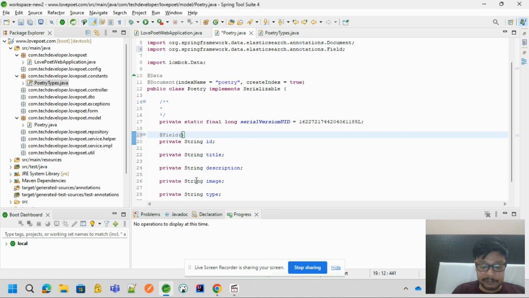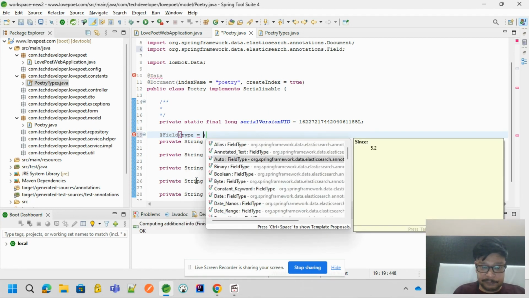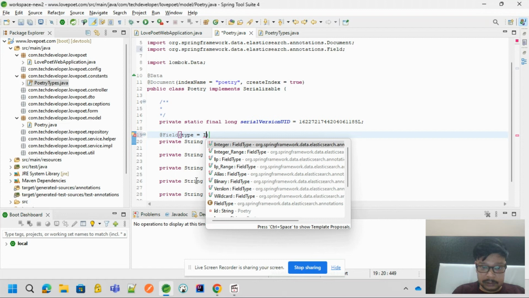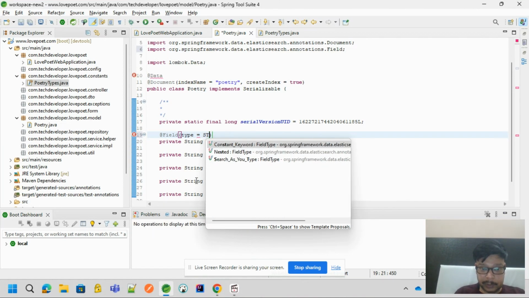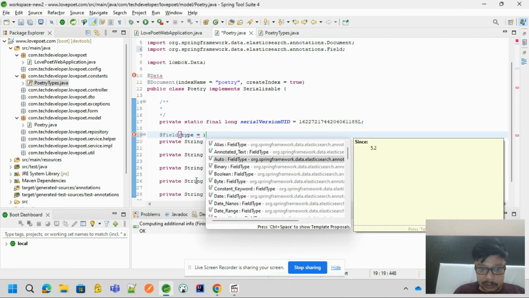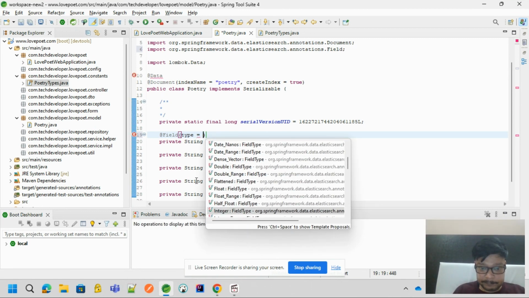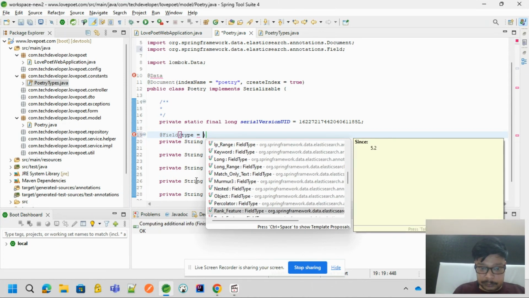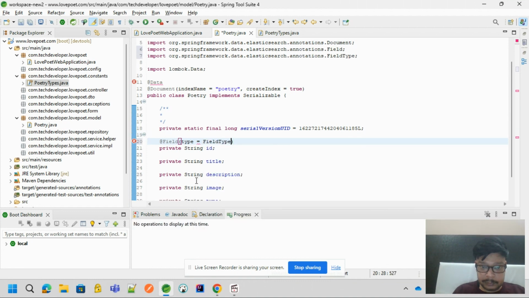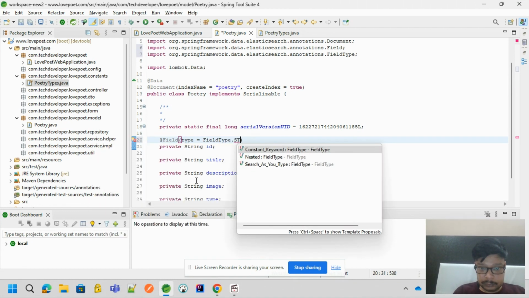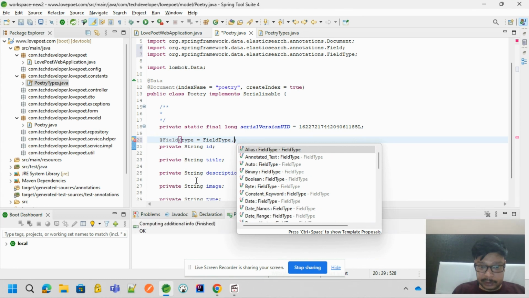So instead of that, we will give the type. So the field type will be for the ID, right? So it will be of type string. Type we can say object, rank features, short text, version, field type. Field type we can use